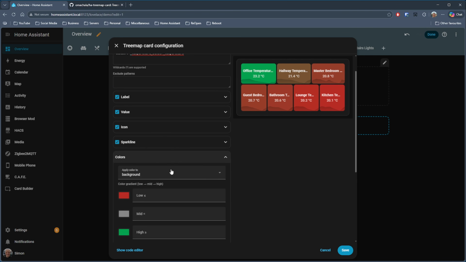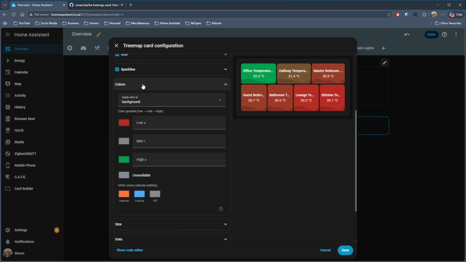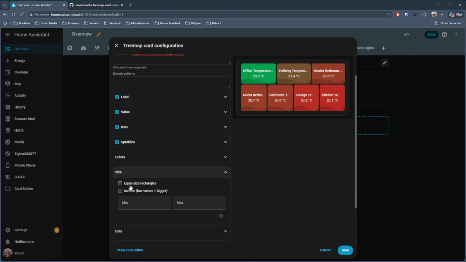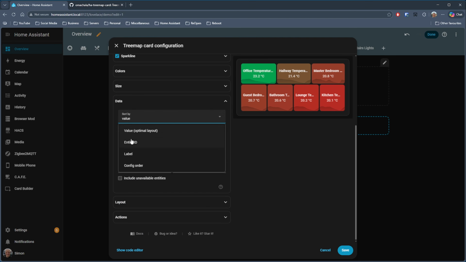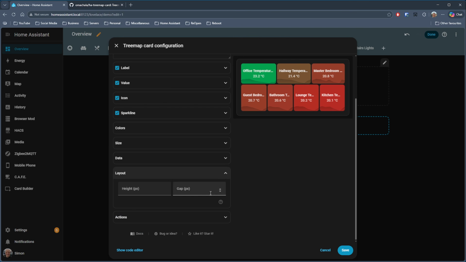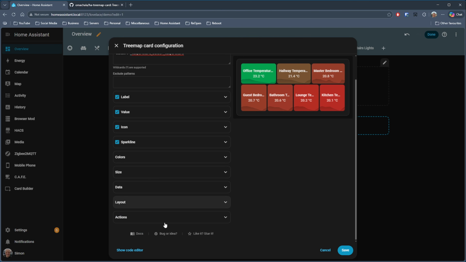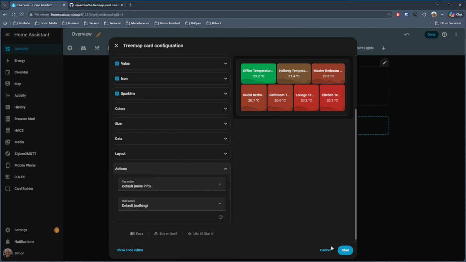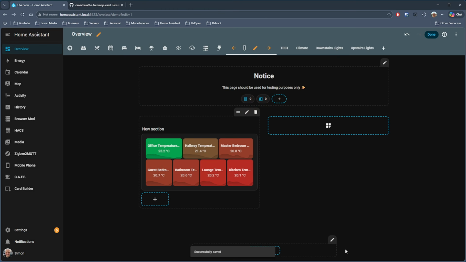We can adjust the colors for the different ranges of values, change the tiles to be equal sizes, or specify a minimum and maximum size. We've got options for sorting the data, limiting it, and filtering it as well. Last but not least, we have our visual layout options, and finally we have our actions for when we click on an individual tile. If I now save this,